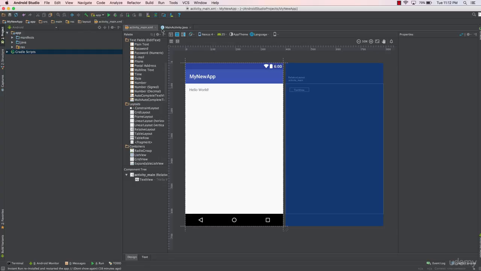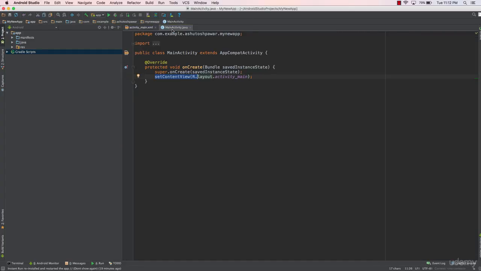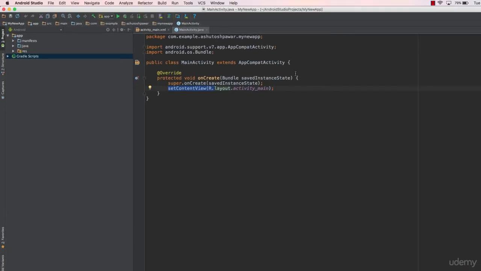As I mentioned, the main logic or the main brain of your Android application lies in this main activity.java file. When you run this application for the very first time, the code execution starts from the main activity.java class. So if you have a look at